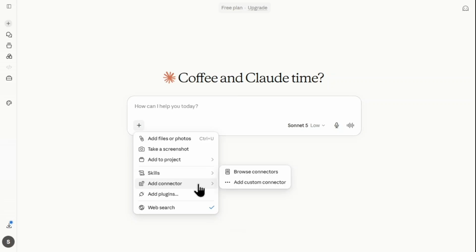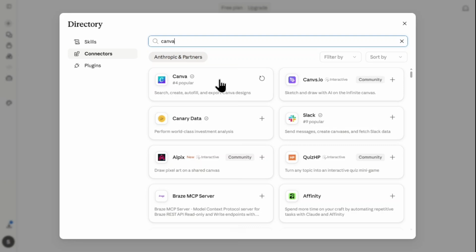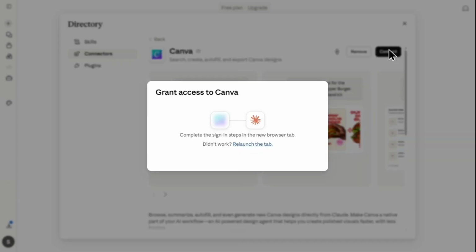I hover over Add Connector and select Browse Connectors. This opens the directory window displaying available integrations. I click on the search bar at the top, type in Canva, and select the official Canva connector from the search results. On the Details page, I click the black Connect button in the top right corner, which opens a